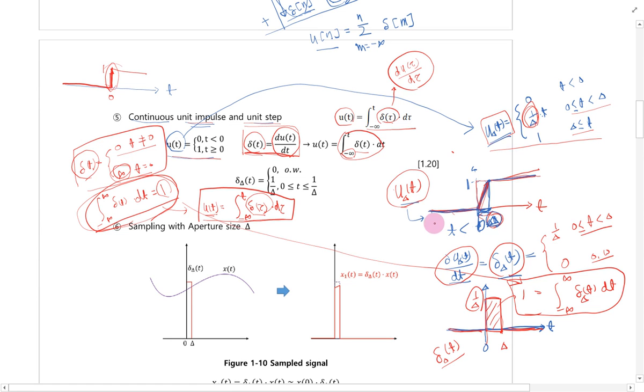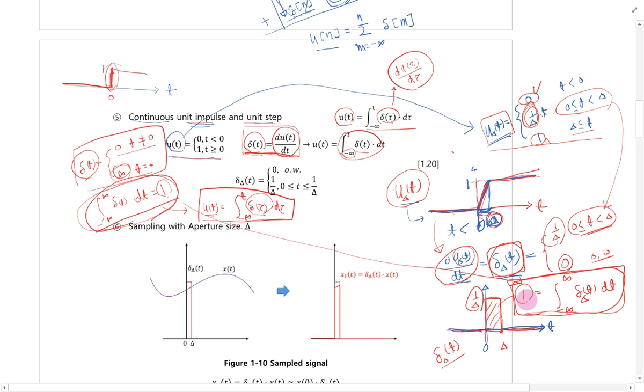By taking the derivative with respect to time, we can get the approximate version of the delta function. The delta function is defined this way. If t is in this range, the slope is 1 over delta. In other cases, the slope is 0, because both 0 and 1 are constant, so the derivative should be 0. So the approximate delta function satisfies the integral condition by taking integration over time,